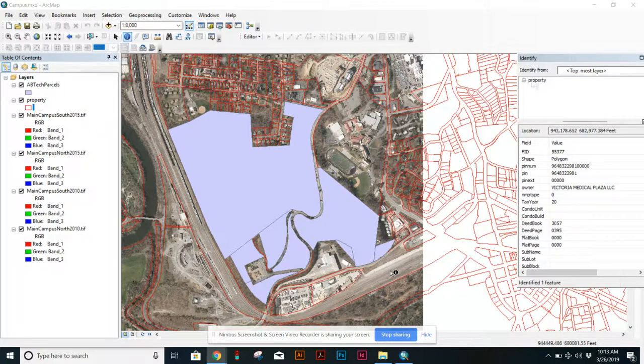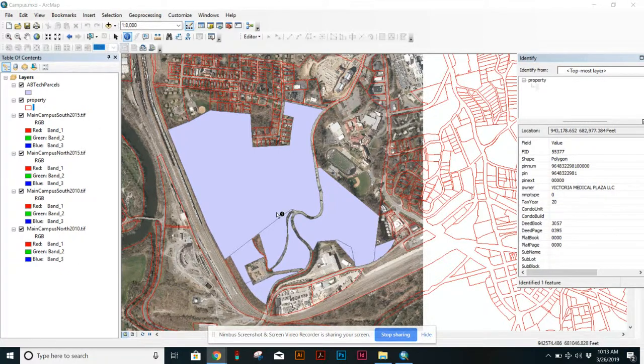Wanted to do a little short video demonstrating some of the work we've been doing with the AB Tech campus boundary and the Buncombe County parcels that we've been using to determine the boundary of the campus. Many of you submitted work that looked very similar to this as far as which parcels you included on the AB Tech campus boundary. And I wanted to point out a few parcels that were missed and how to add them to a